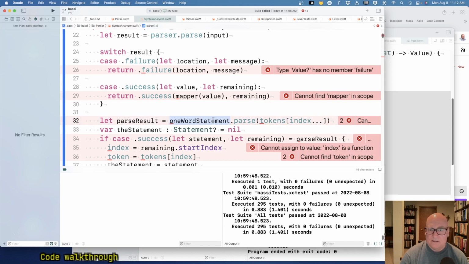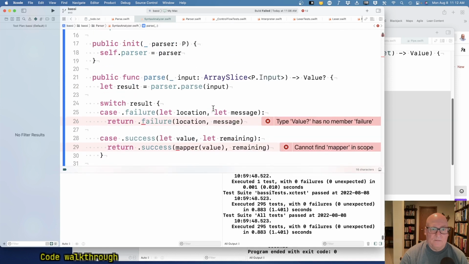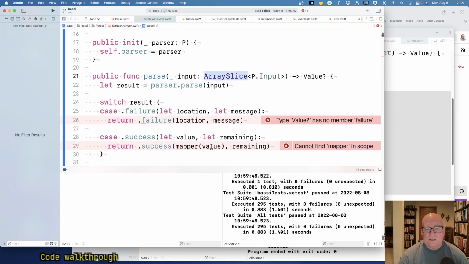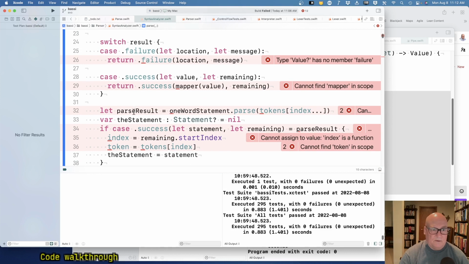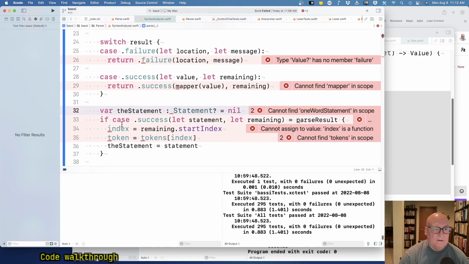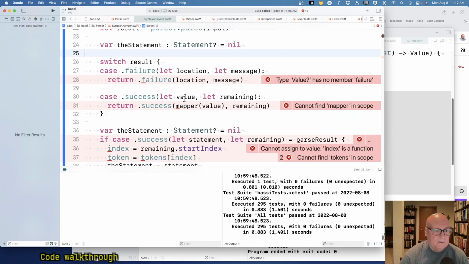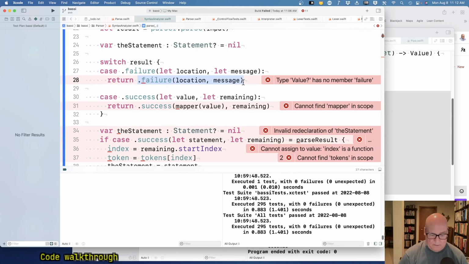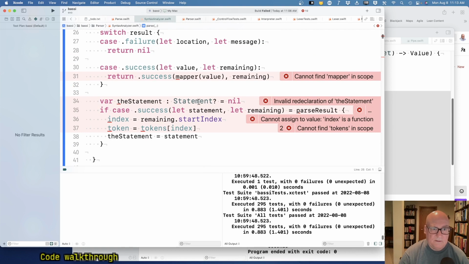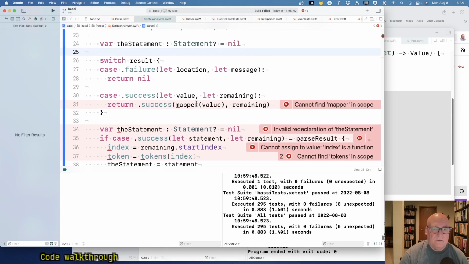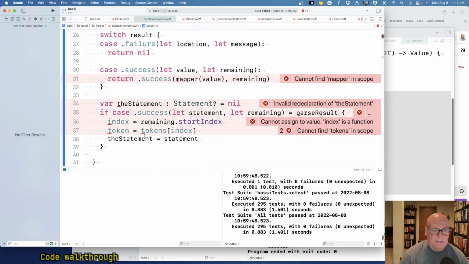Yes, that's inputs the array slice. Okay, so that first line seems okay. Then this is going to be good. Now, if failure, we're going to return nil. So we've covered the initialization there. And then if it's successful,